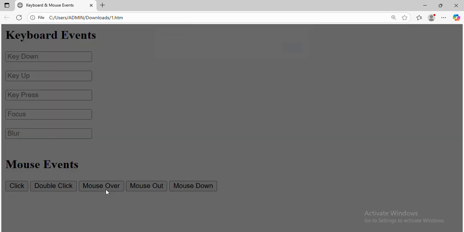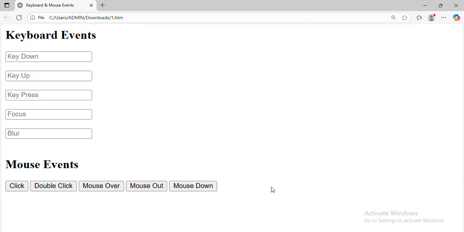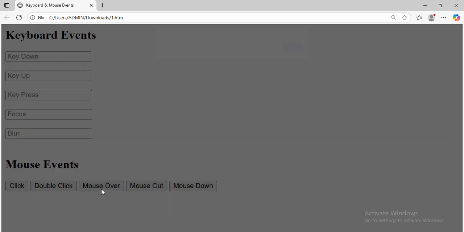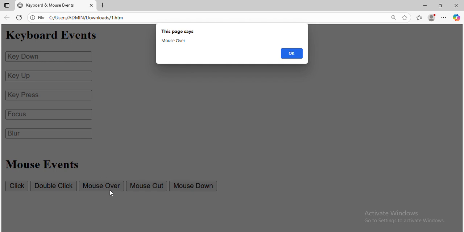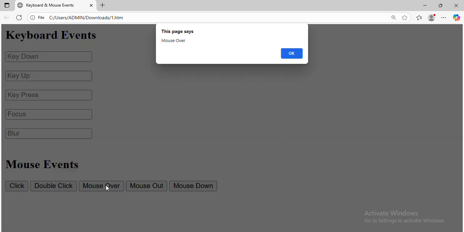So I'm just moving the mouse on it. I'm not clicking on it, I'm just moving the mouse on it. So the on mouse over event will occur. If I'm moving the mouse on the fourth button, and I'm moving it out, you can see the mouse out event has occurred. So mouse over means we are moving the mouse on that button, we are not clicking on it, we are just moving the mouse on it.